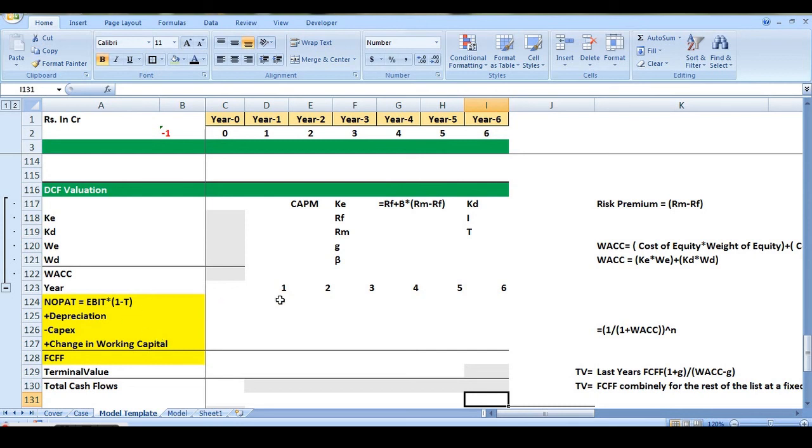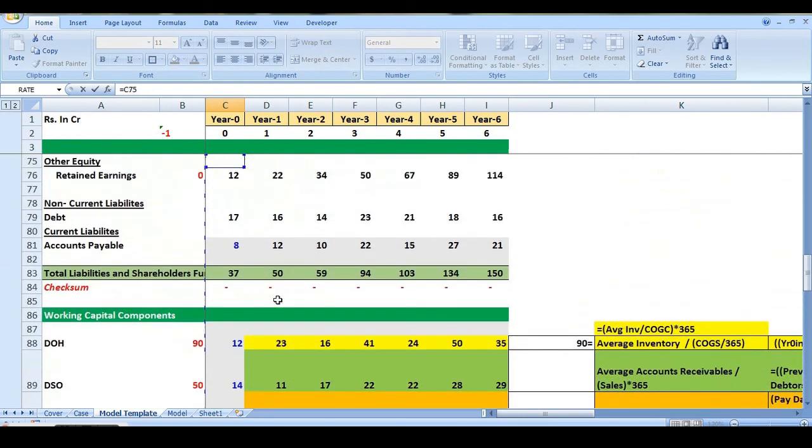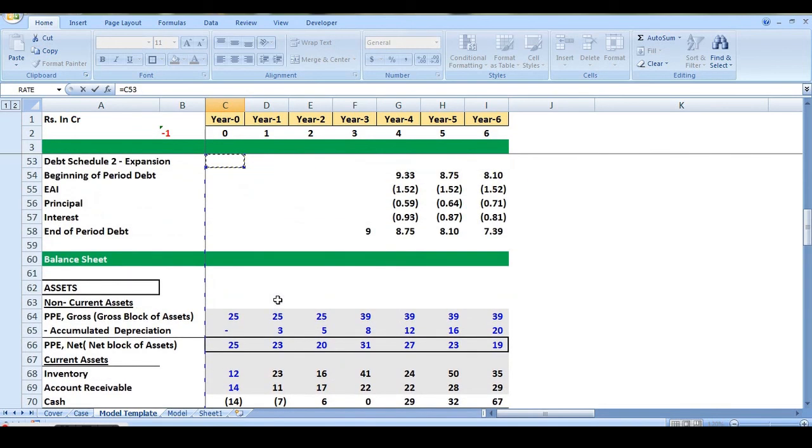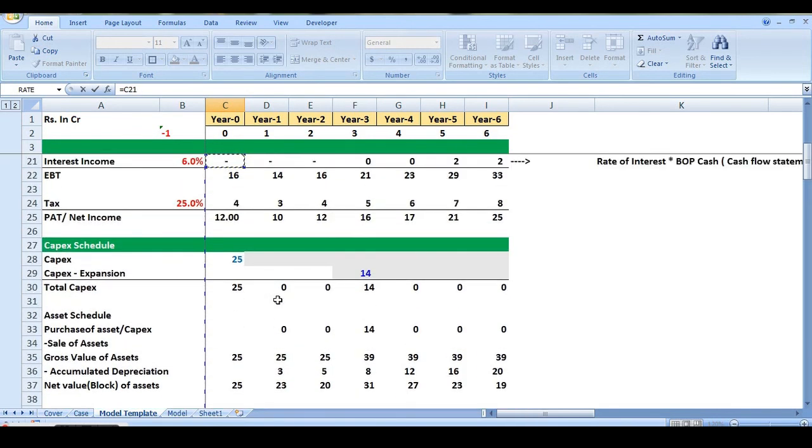Now for DCF valuation, you have to calculate NOPAT, that is net operating profit after tax, which is equal to EBIT into 1 minus T plus depreciation minus capex plus change in working capital, which gives you free cash flow of the firm. So we calculate the NOPAT from year 0 as EBIT into 1 minus T. So we go to the income statement and find out the EBIT of the organization